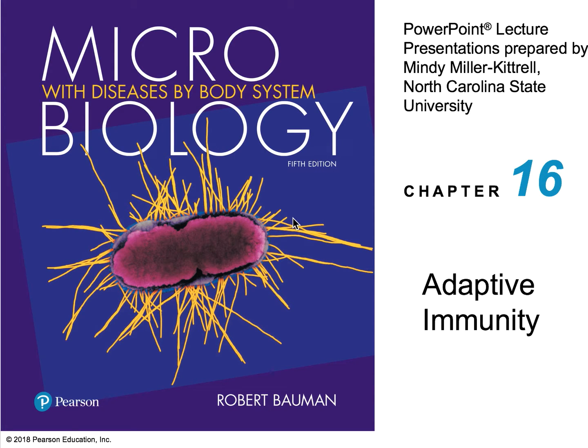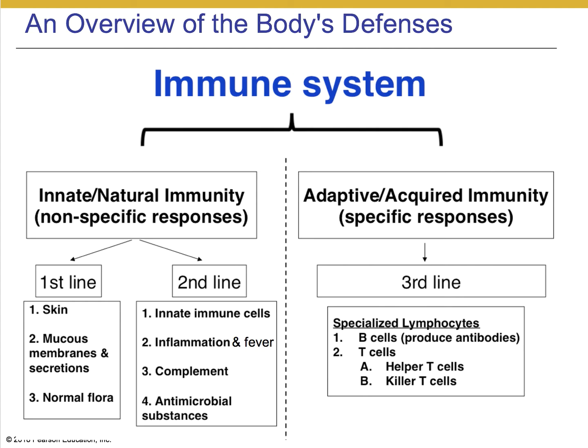So today our lecture is on adaptive immunity. This is an extension of the general topic of our body's defenses that we started on Monday, where we talked about the innate immune response, specifically how innate immunity can be divided into generally a first and second line. The first line being barriers and mechanisms of removal of potential colonists and pathogens, and the second line being primarily mediated by immune cells, as well as certain blood components like complement, other antimicrobial substances, and processes such as inflammation